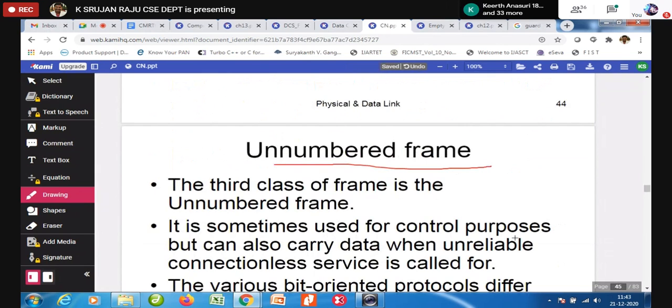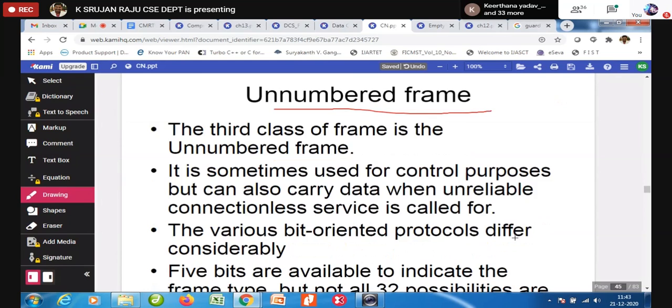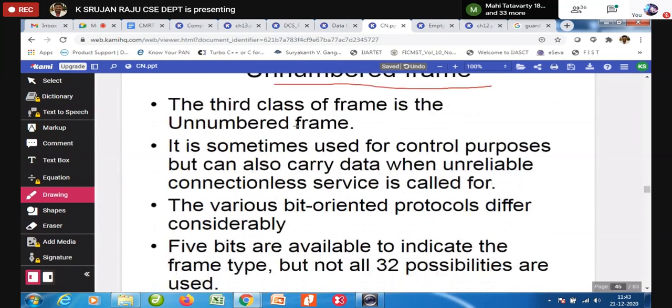Then we are going to have unnumbered frames. The third class of frame is the unnumbered frame, which is used for control purposes, but can also carry data when unreliable connectionless service is called for. So majorly it is used to carry the control information.